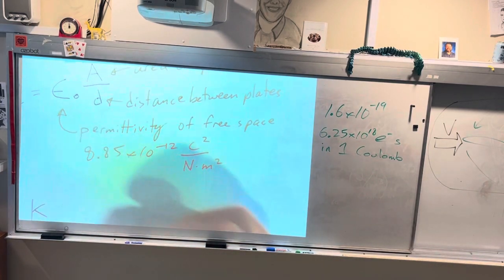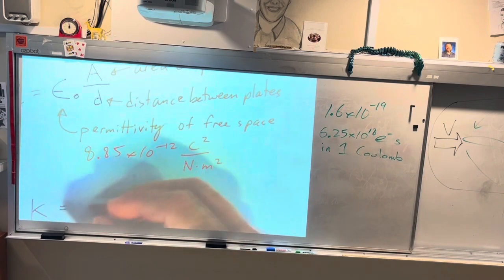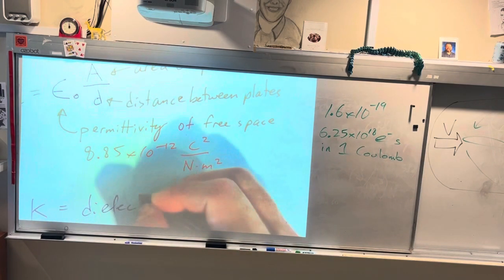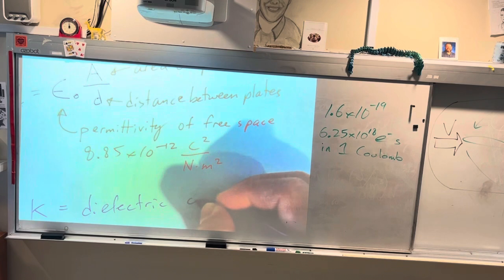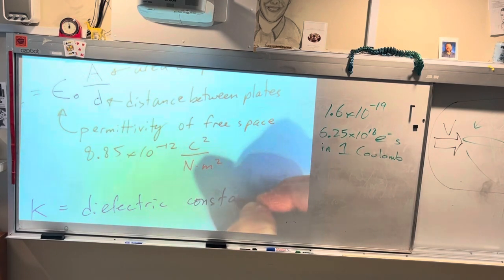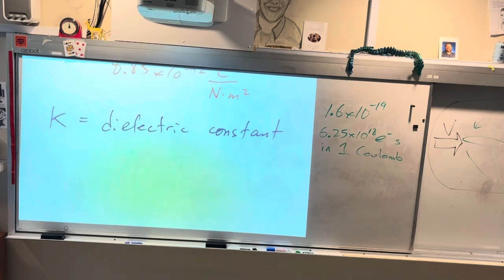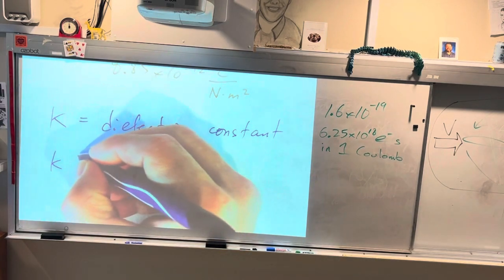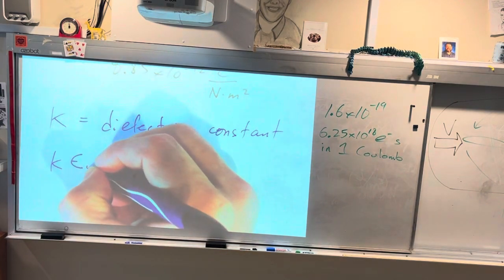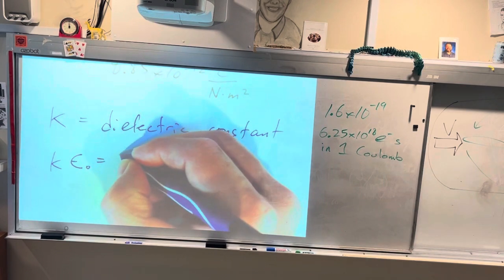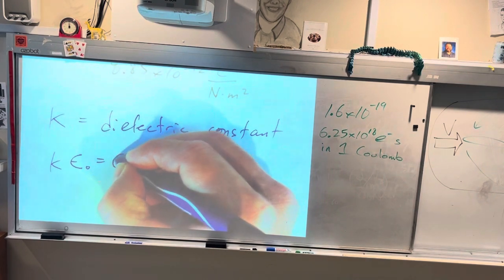You also have K. That's key. The dielectric constant. And that's the coating that we put on there, the little stuff in between the plates. And then we say K times the permittivity of free space just becomes, somewhat confusingly,